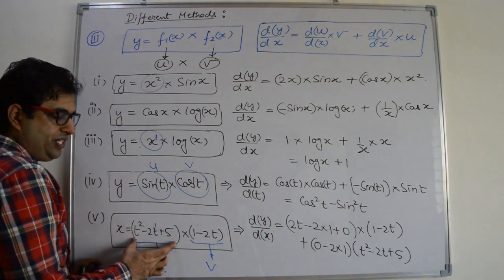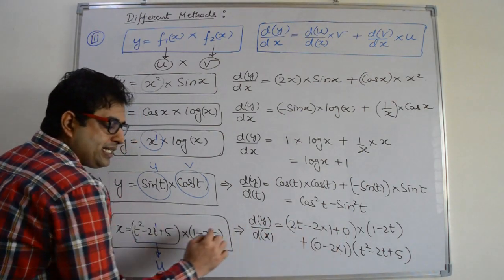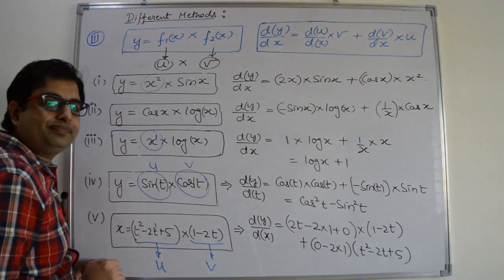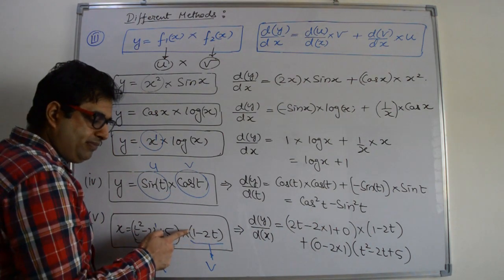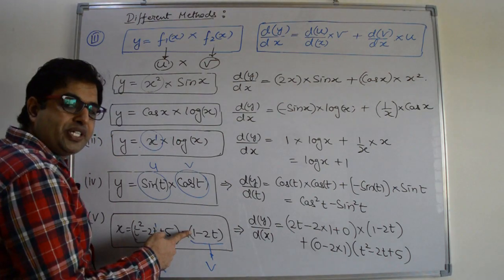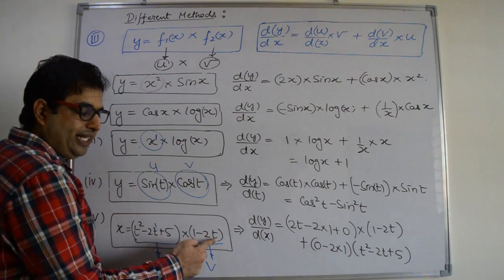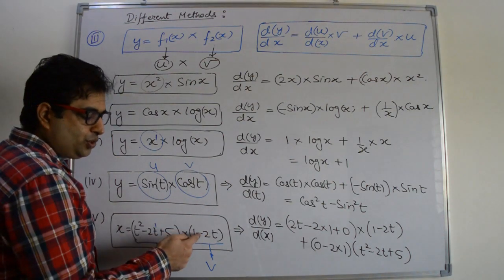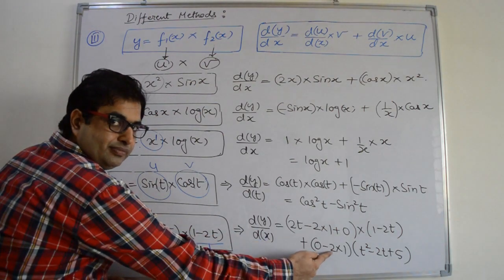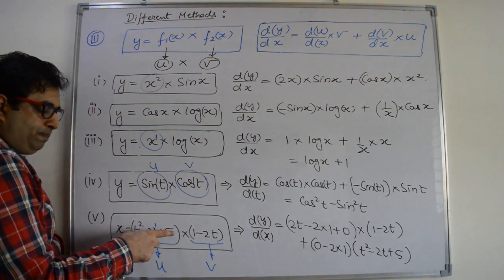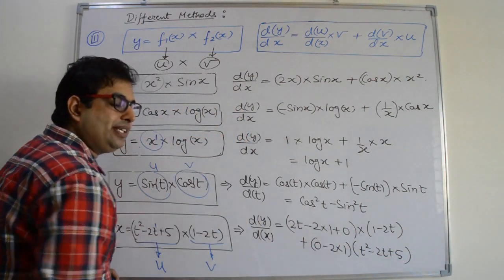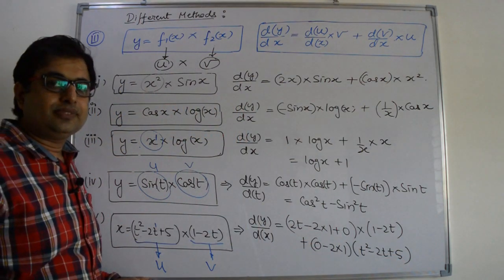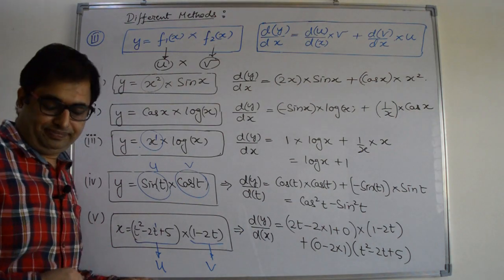So this is the differentiation of the first term. The second will remain in multiplication, right? Now differentiate the second term. The second term, 1 differentiation is 0. T differentiation is 1. So minus 2 will remain here, right? And put the first term in multiplication. Now solve it. That will be your answer. Got my point?